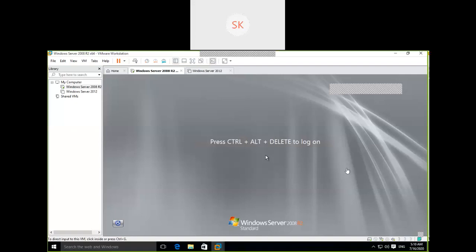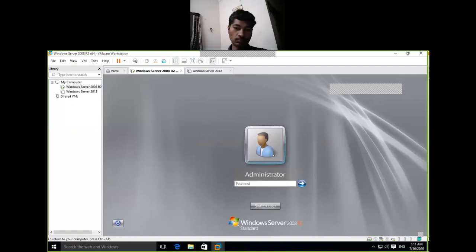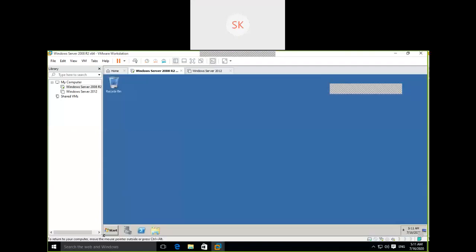To check that, where to go? Once we log into the server, we need to go to Device Manager. How to go to Device Manager? Device Manager is available under Server Manager.